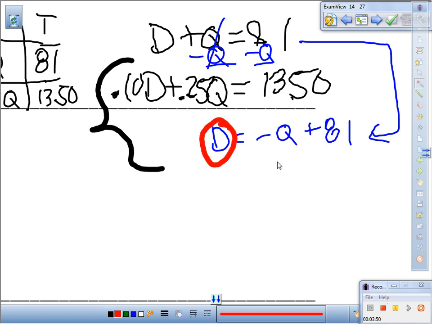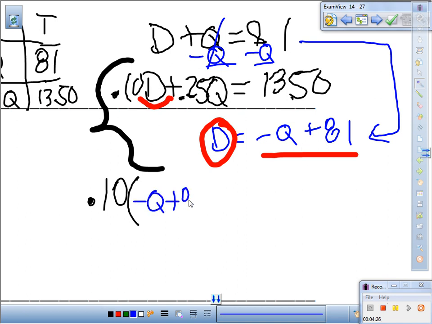So let's see. What is D, everyone? Negative Q plus 81. So on the first equation, instead of writing D, what do I write? Negative Q plus 81. All right, so here we go. So I'm going to rewrite this equation right here. My equation is 0.10. Is everybody following? But instead of D, I'm going to open up a parentheses. What goes inside the parentheses? Negative Q plus 81, because that is D. Yes? What else do I bring down? The plus